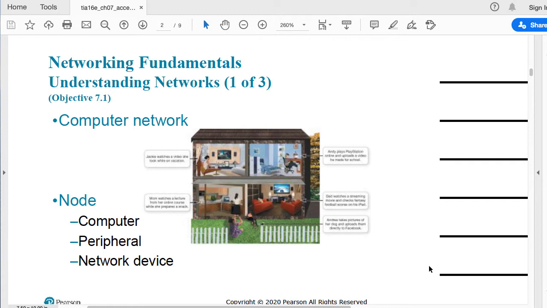So different devices. Nowadays, you also have literally all different types of devices that can access the internet and can, if not access the internet, they can at least communicate with other devices that are sitting inside your home.